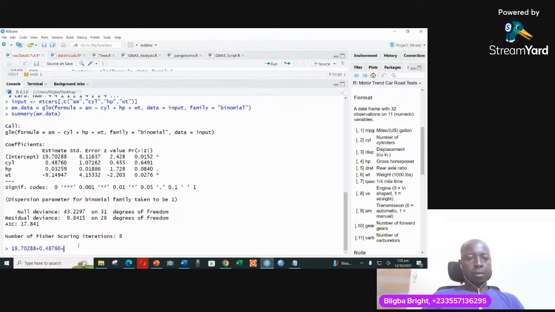Then I have plus 0.0323259. Then I have the other one, which should be minus. That's for the weights, because it is minus 9.14947. And so if we are looking at whether the transmission type was automatic, then we multiply